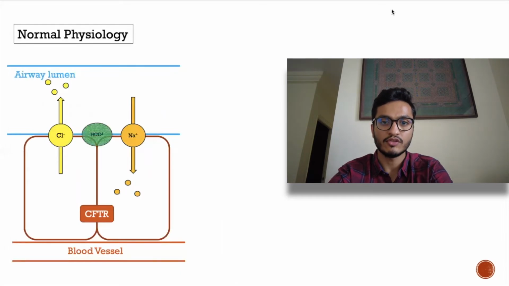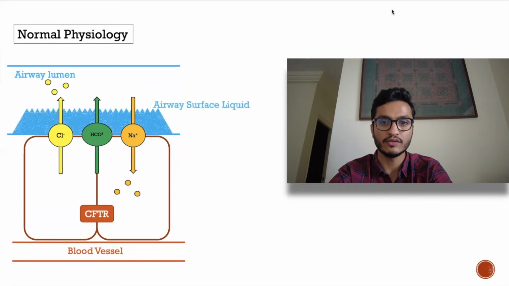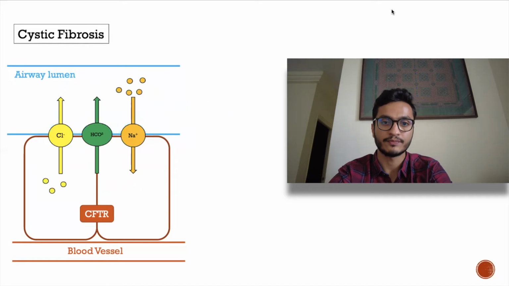Also, it is responsible for efflux of bicarbonate ions into the luminal region, which maintains the relative alkaline nature of the luminal secretions. It is because of these ions that the airway surface liquid layer is well hydrated, which helps in effective mucociliary function. In cystic fibrosis, due to loss of action of the CFTR gene due to its mutation, there